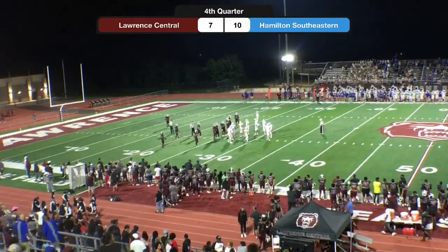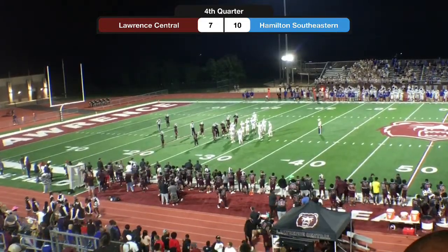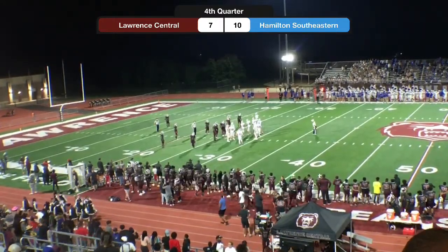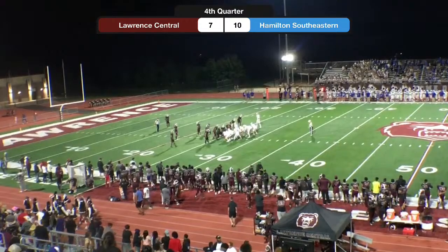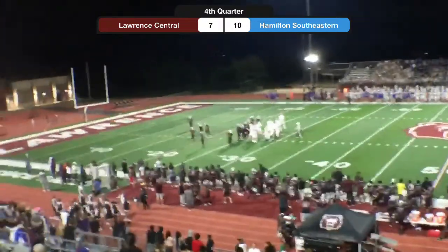The HSE coaches are calling this a ball game. 15 seconds left. HSE waiting till that 40-second mark, and now, boom, now they can kneel, and that is ball game. What a game tonight